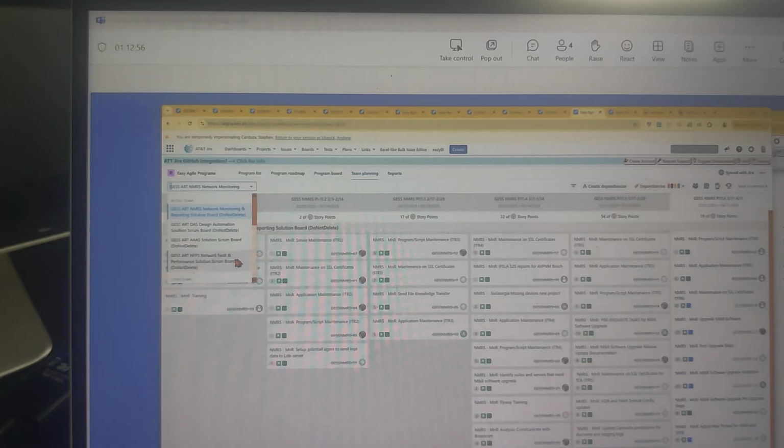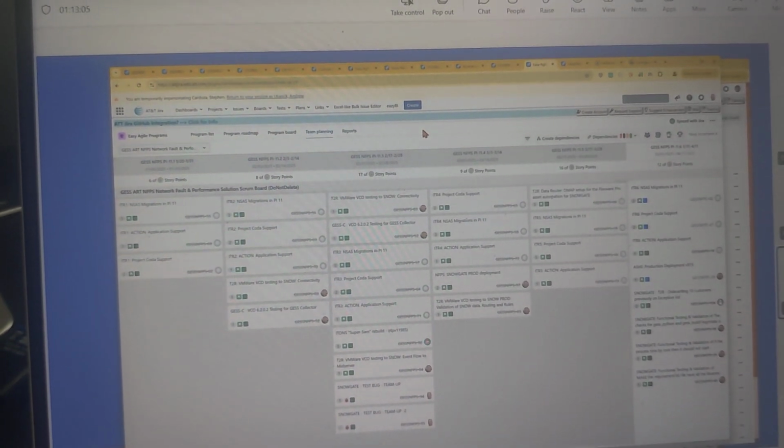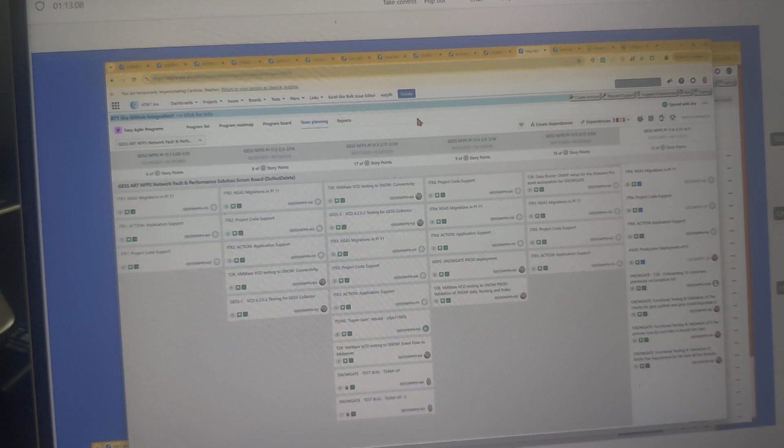Yeah, that's normal. Let's try a different one of the other teams. Still? That's very strange. Why would that be the case? It's got to have something to do with his account then. Let's see what it looks like for